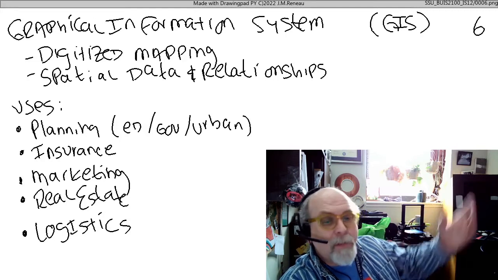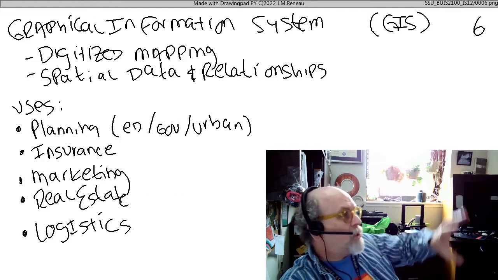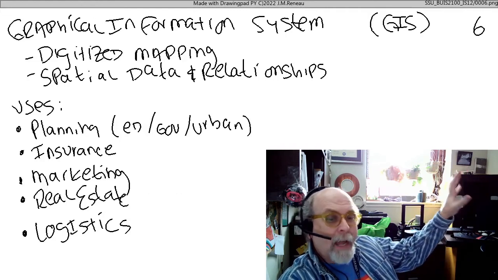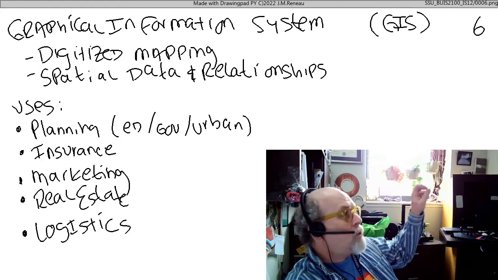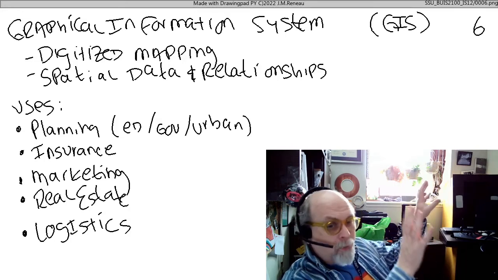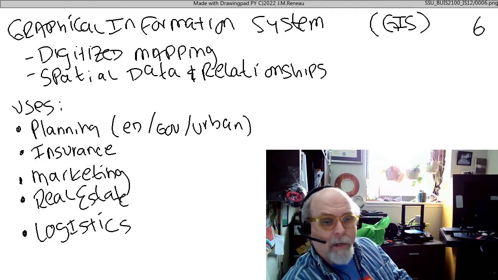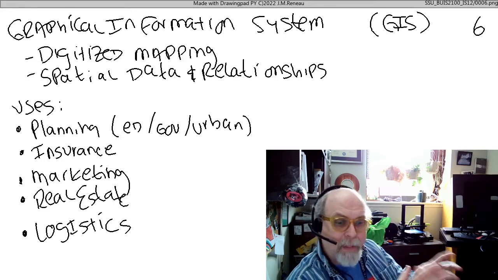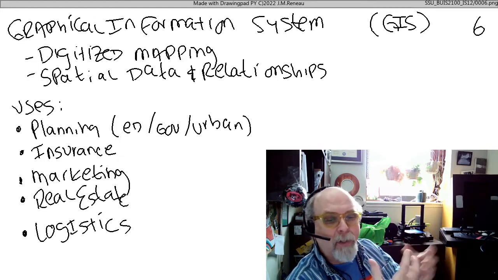And I can see, for instance, during the last election cycle, on television, you saw maps that showed a picture of the US with all of the red counties with Republicans and the blue counties with Democrats. And by looking at a map of the US with just two colors, reds and blues, you kind of got a feel for how divided the country is in a lot of ways. So a graphical information system lets us map this kind of information, and create spatial relationships and understand